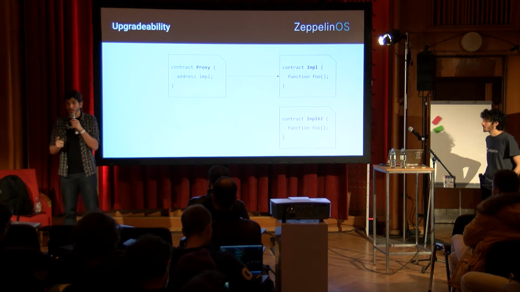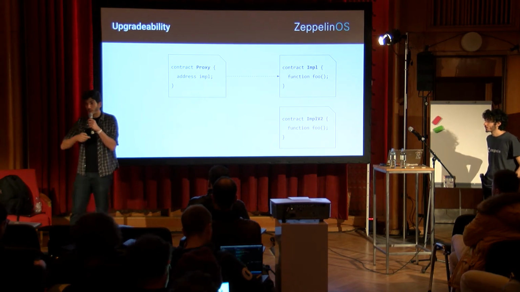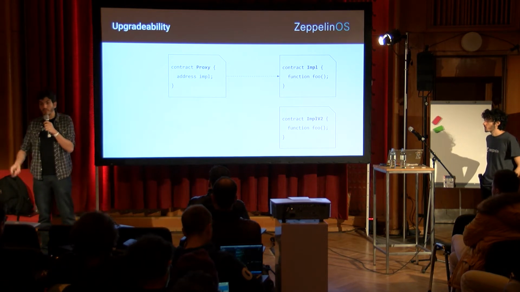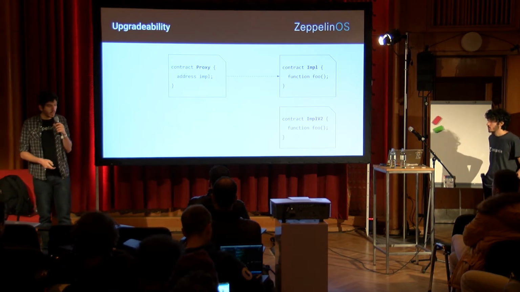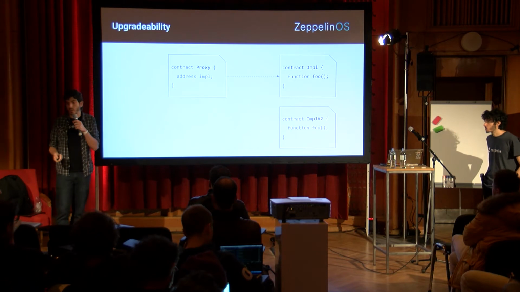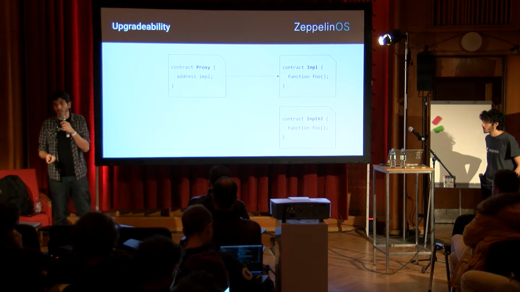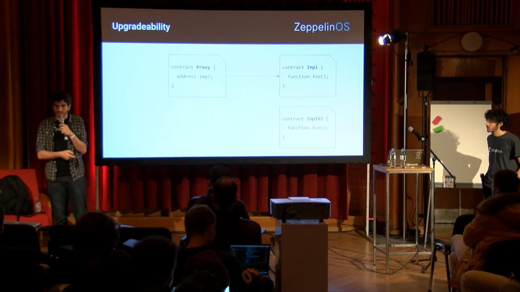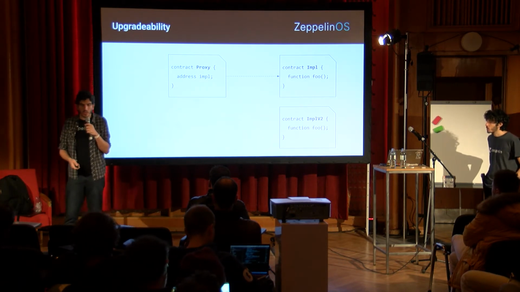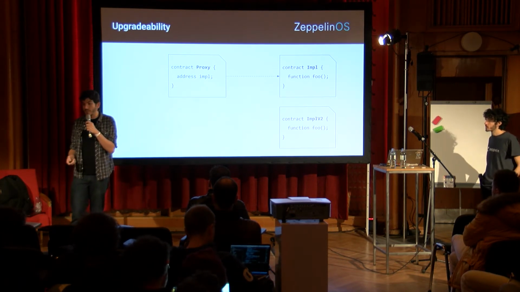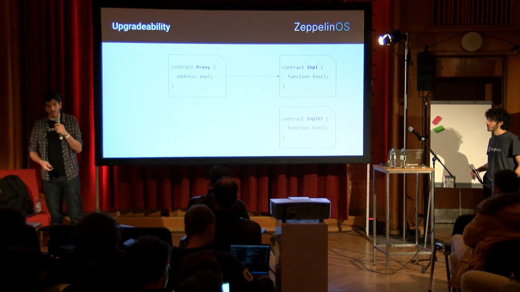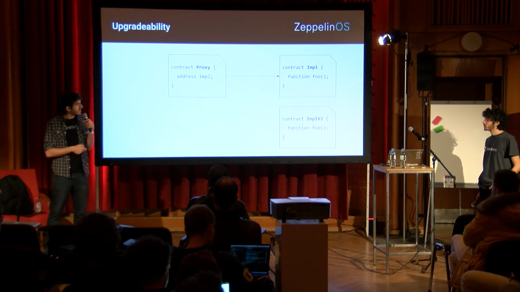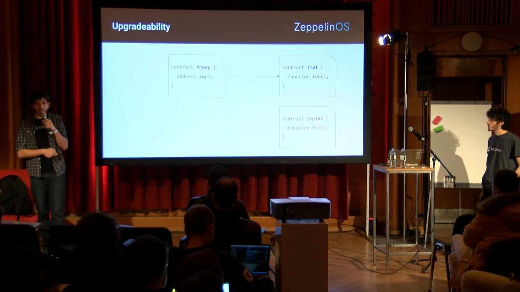Two reasons. First, it's expensive. Copying storage, reading storage from one contract and copying into another, is a very expensive operation. We have actually worked with several migrations of ERC20 tokens, which were not upgradable, into their upgradable versions, which means that in that case, you need to copy everything manually. Gas costs were in the order of tens of thousands of dollars, which is not very good anytime you want to make an upgrade. And the other thing is that if you are actually setting up a new contract,